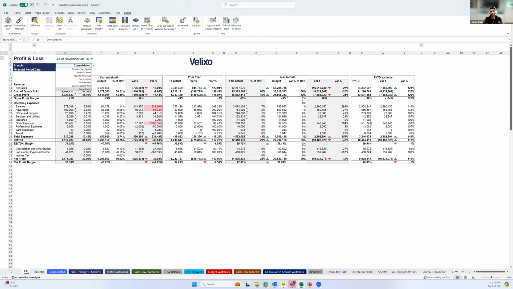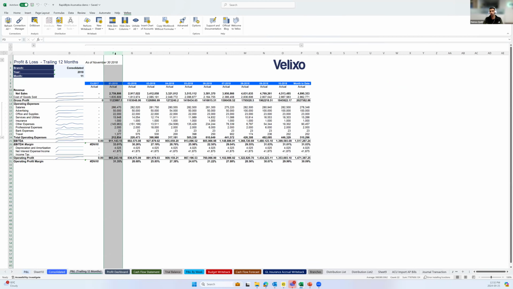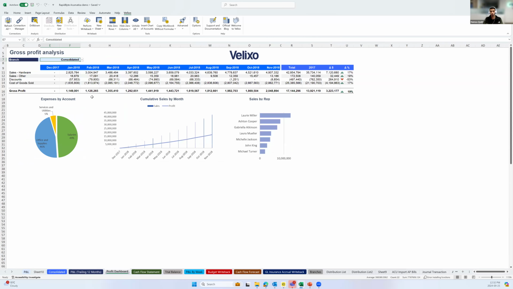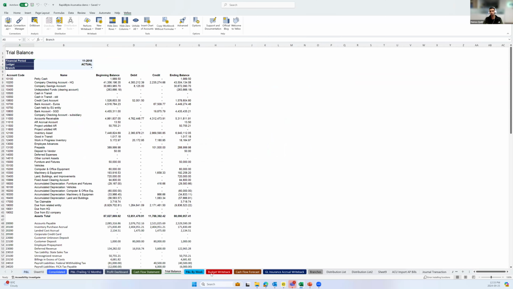that showcases the consolidated P&L, and you can also toggle between having P&L specific for every single one of your branches. You have a consolidated one showcasing branches side by side. You have a trailing one comparing different financial periods. You have a profit dashboard showcasing the sales per section, per financial period. You have here your sales by rep, your cumulative sales by month. You have a cash flow statement. You have a trial balance, a P&L by week. And from here, it's basically your write back